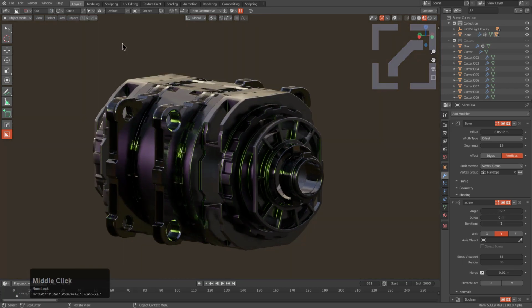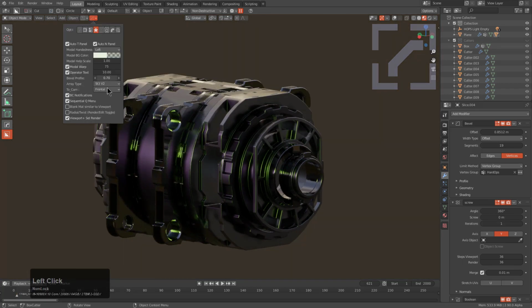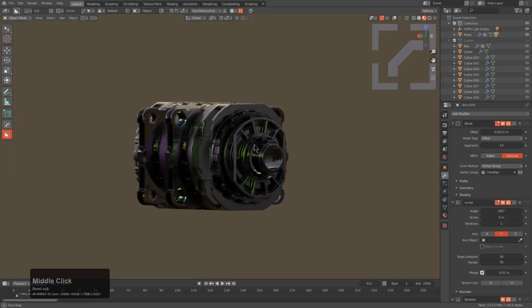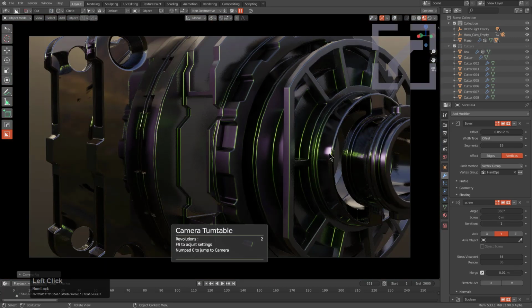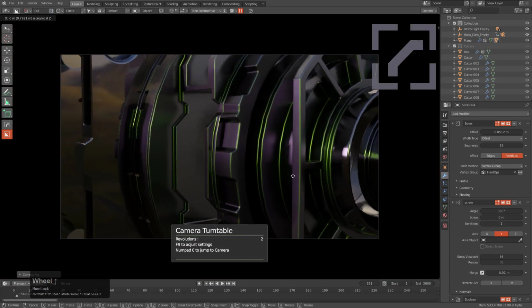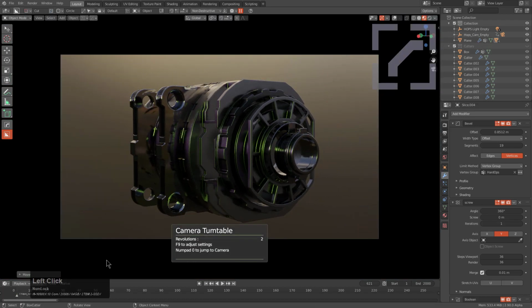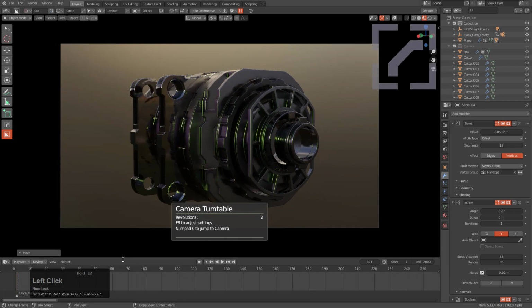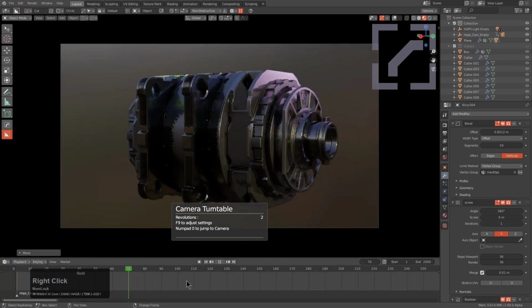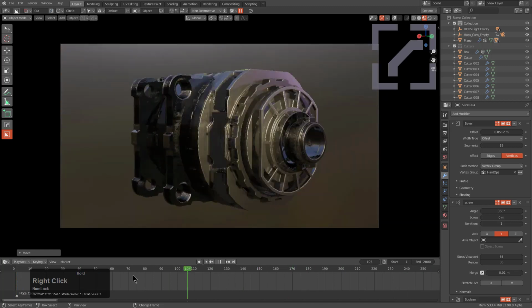However, over time it became apparent that a better version of this could exist, and that's where view comes in. So if we change it to view, that means that if you press Q and you add a camera, it will actually add a camera to your view, and we can press GZZ and just position that out. So now we're just looking at this camera, and we'll just let this rotate,